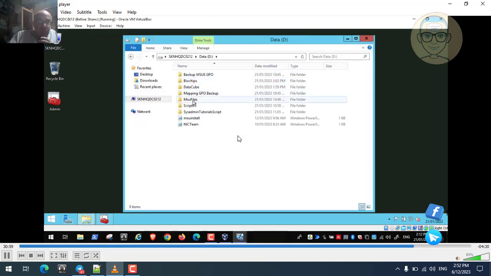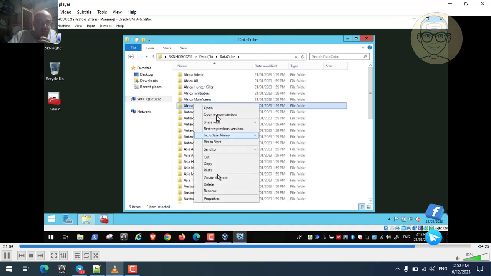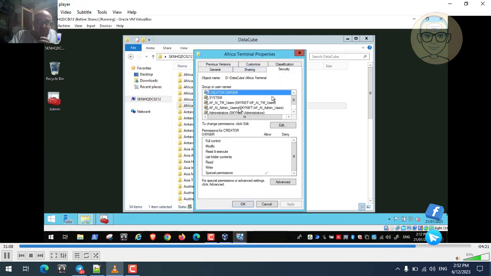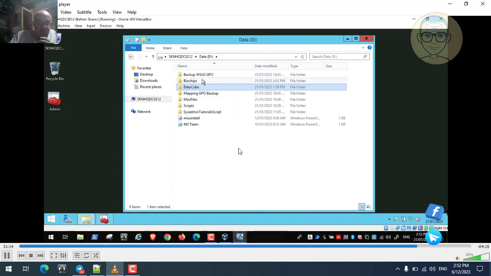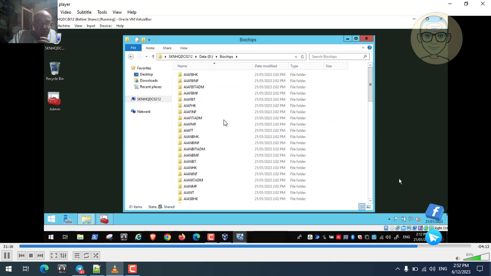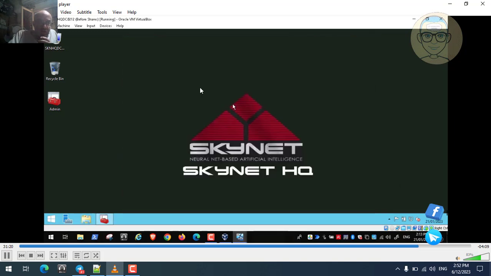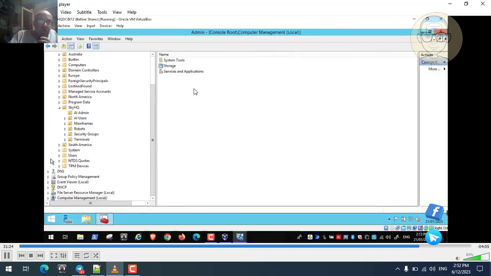We will see now the NTFS permissions. If you go to data queue, for example, and right click on any folder and go to properties, then the security tab, we can see that the users or the groups are having NTFS permissions. So now everything is working. If you go to bioships, this is the Active Directory home folders. If we right click any one of them,